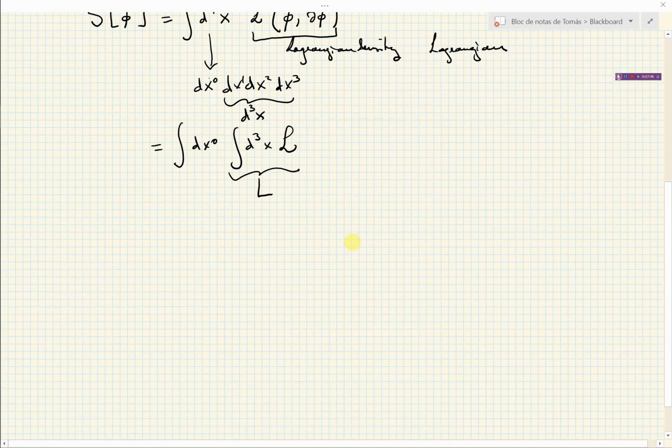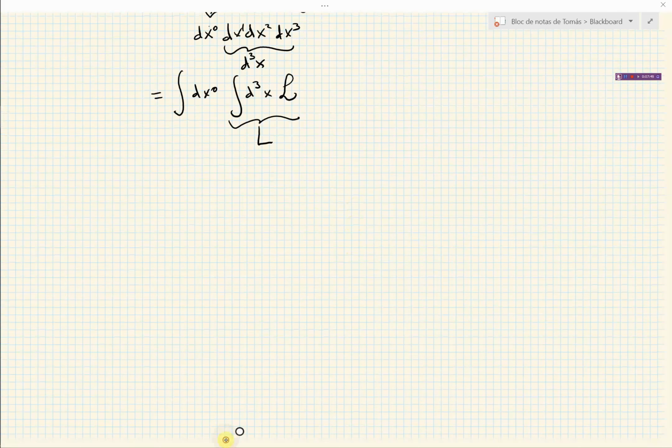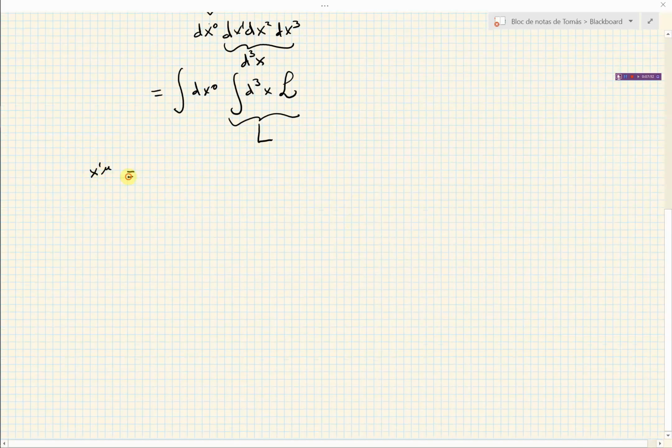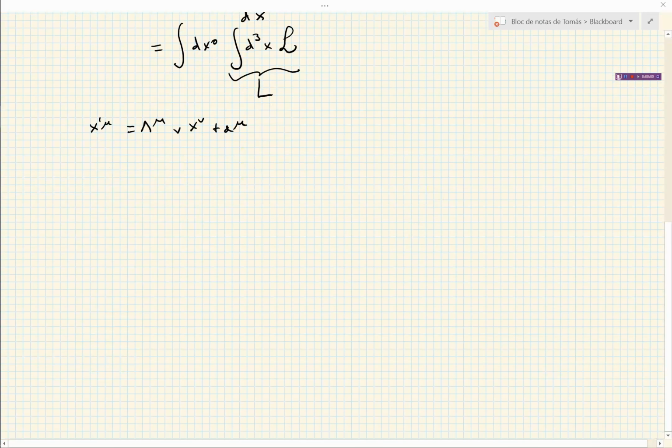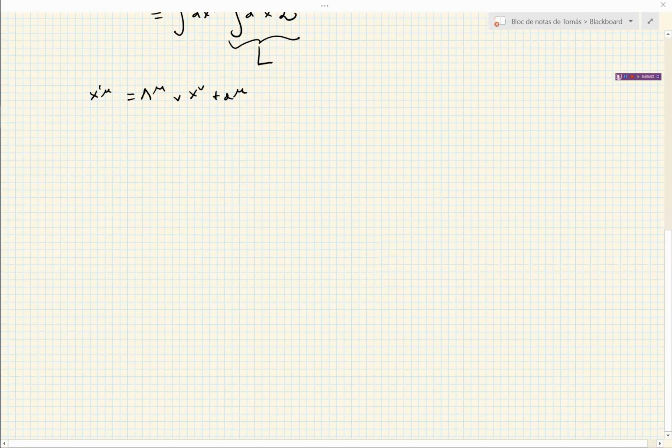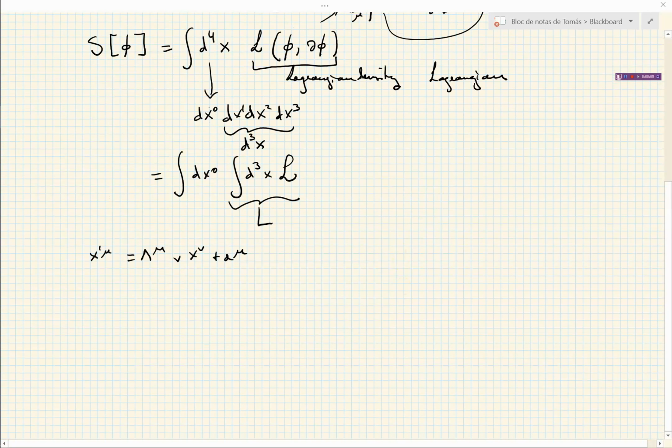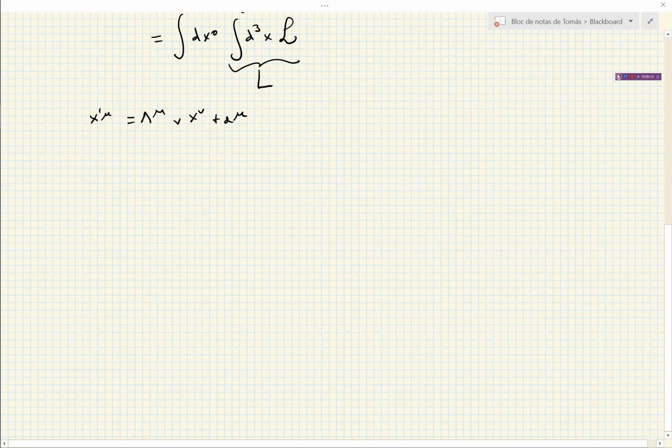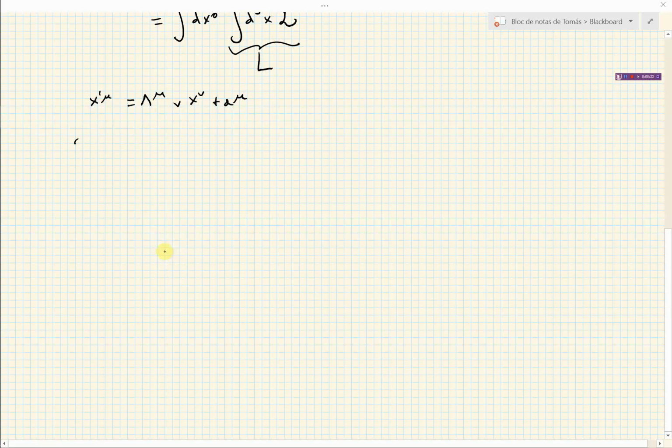Now, the requirement of Poincare invariance of the action means that when we perform a transformation of the coordinates of this form, the action has to be invariant. So let's start seeing how the volume element d4x transforms. And I need to introduce some notation for this, which is very convenient because we will use it later. So let me write this d4x